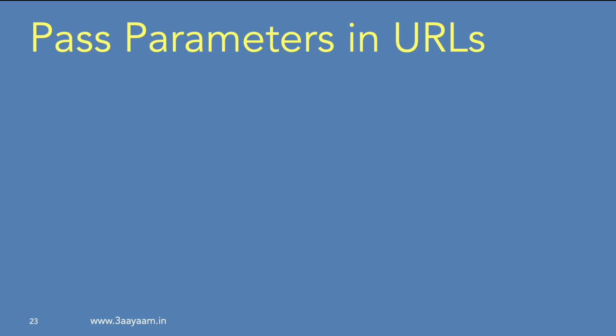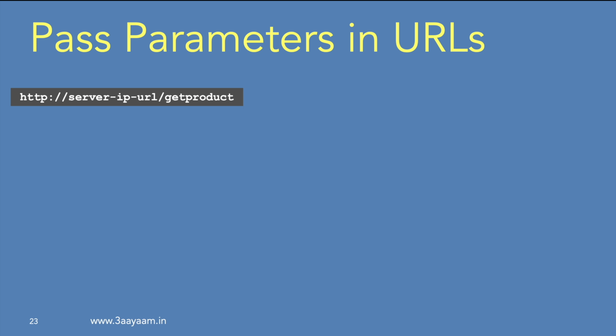I hope I have set the context for passing parameters in URLs or APIs. But just a recap, we have been using this particular API or URL to execute the get product function. We use this URL to get the list of all the products which are there in the file. Now let's say we want to find out the details of individual products for a particular product